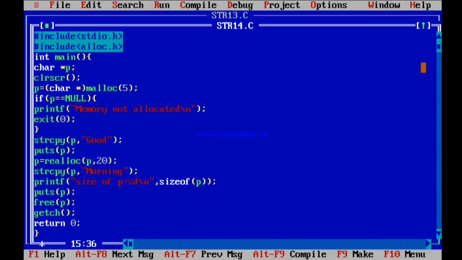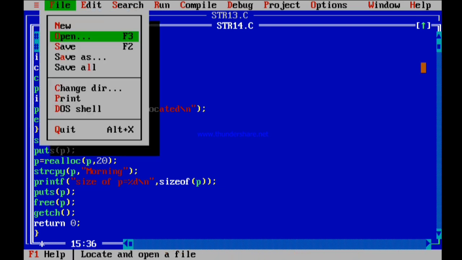Now you can see that the size of p is 2. Why I have printed this is, when you are using pointers, whether it is a character pointer or an integer pointer, whatever the data type of the pointer, the size of any pointer is the same, that is 2 bytes in older compilers like this. When you execute this in GCC compilers, you will get the size of p as 4 bytes. But here the size of p is 2 bytes, friends. I'll move to the next program.